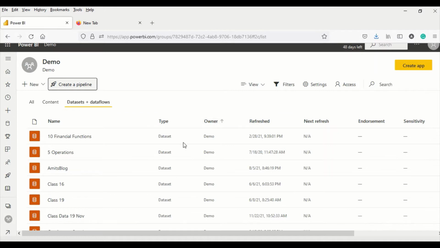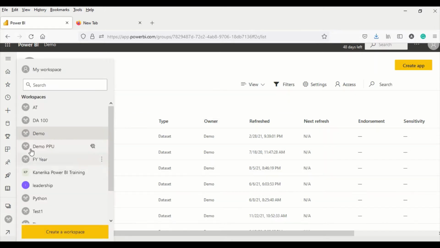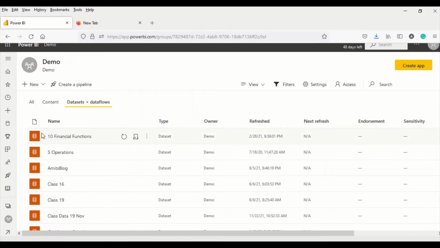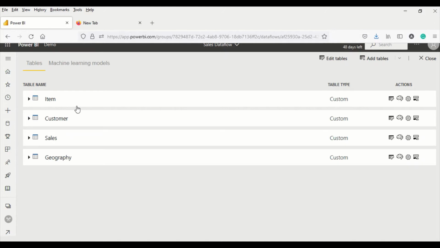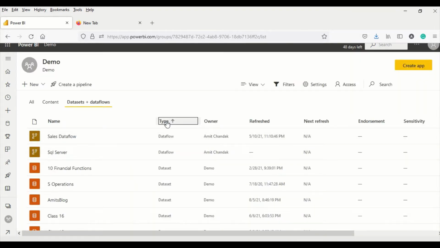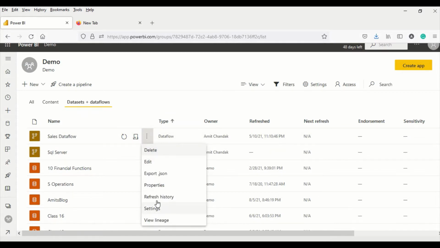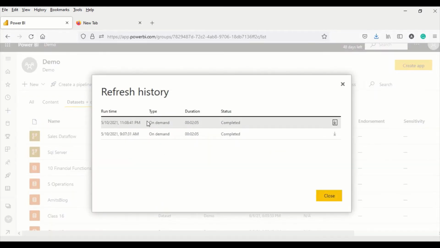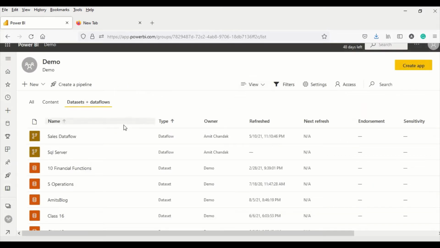What I've done to make things pretty easy is, in the demo workspace, let me see, I have created a sales overview dataflow, and this is non-premium, this is Pro only, where I imported the model which I'm typically working in. And you can see my dataflow video. Once you create a dataflow, you also need to refresh it to load the data once. So at least once it needs to be refreshed. If we see here the refresh history, at least once it should have been refreshed to have the data. So it has been refreshed once and it does have data. So the dataflow has been created.